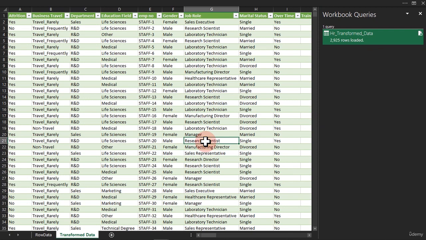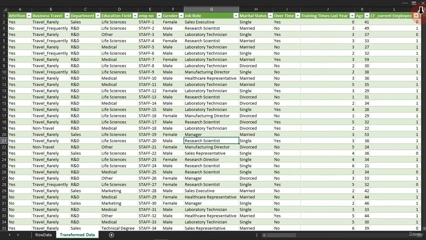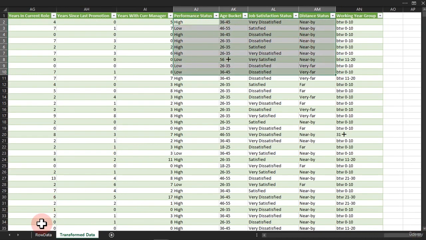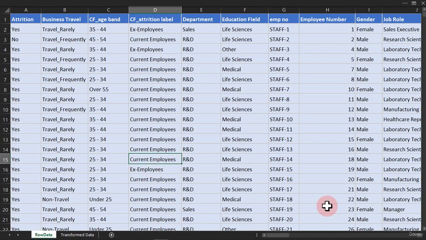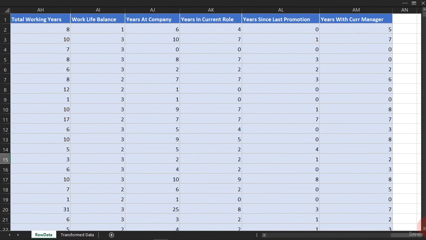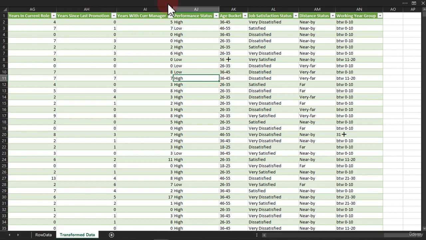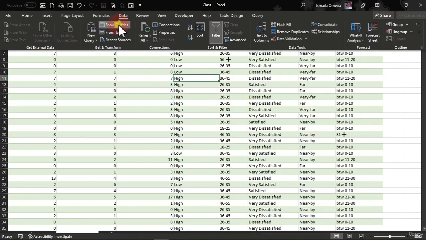Okay, we have to step up from here. And we go here. So we see everything we've just added. Those are the new columns we've added. And those columns are not actually present in this particular data source we have right here. So this one is very important. You have to keep it. You don't have to delete it. Whatever changes you make to this particular part of the data would reflect onto this when you refresh the query